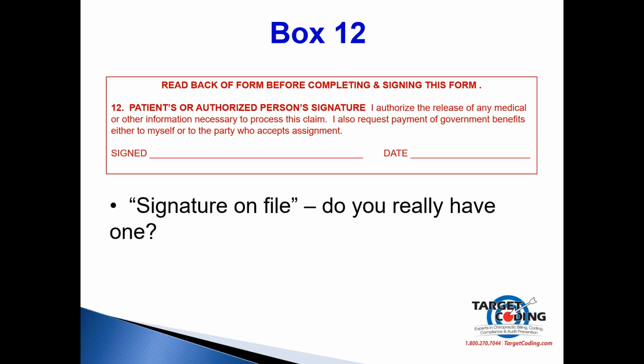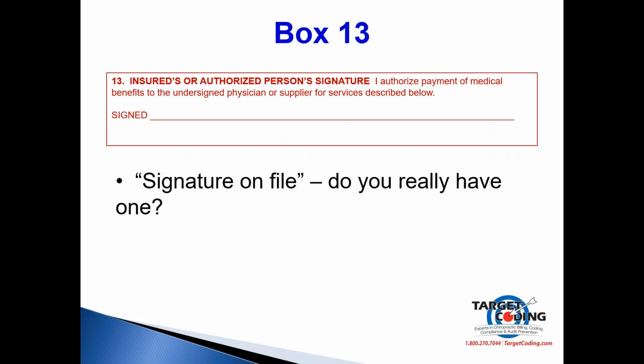So either the patient has to sign an original 1500 form, or you may have to have a separate form. Maybe it's in your intake paperwork where the patients are signing off on the release of information in order to process the claim. Now also box 13,